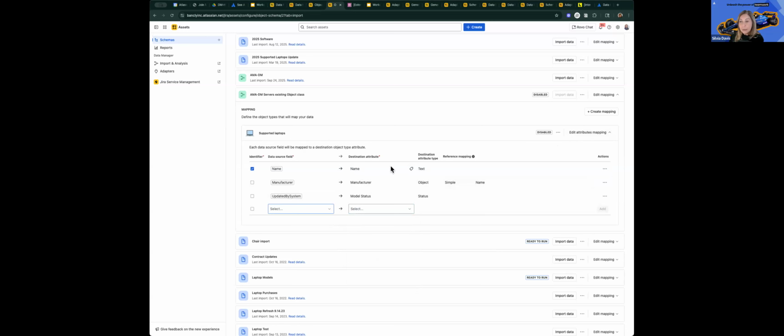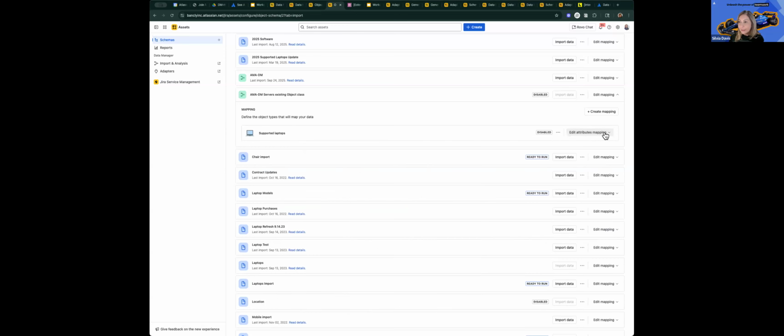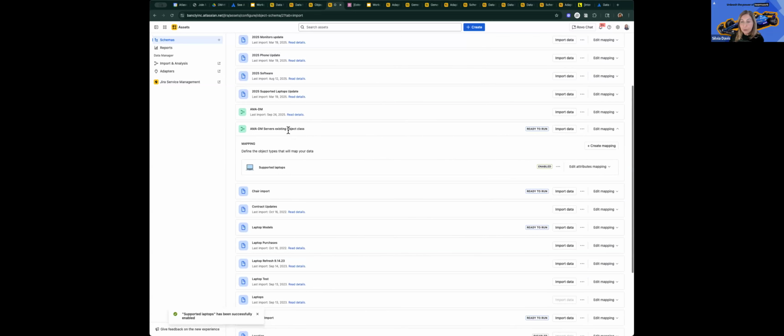a class. Once I map in this data, make sure that you have the identifier here. The next step is enable, so you need to enable that to run. Once you have this import done, enabled and mapped, then you can import the data. In this case, I'm bringing this data within an existing object class. Okay. If I come back to this one here, also the one that I was running before,